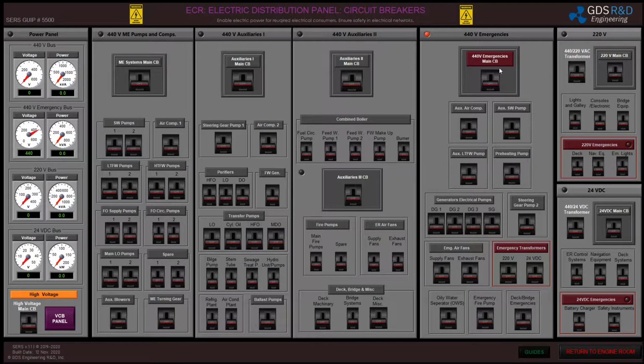This means right now I am only able to operate the systems connected to the emergency system, such as auxiliary air compressor, auxiliary seawater pump, freshwater systems, diesel generator systems, steering gear pump number 2, emergency air fans, and here's my emergency transformer for 220 volts and 24 volts DC, oily water separator. I won't be using all of these systems today.